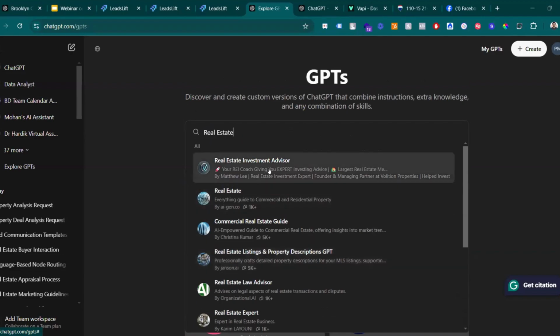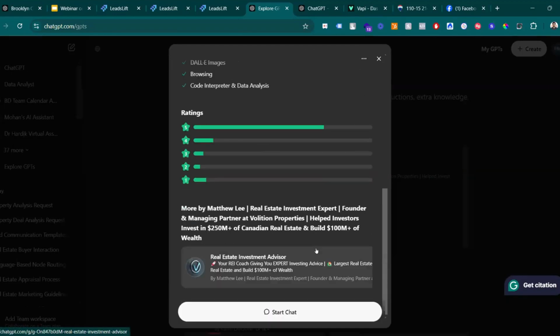But if you go to this, because this is specifically built for this purpose, to give you investment advice for real estate, you click here and click on start chat. This is very simple. You don't even have to install, just click on start chat and you can start chatting with this particular GPT, and you can start asking questions for this specific case.